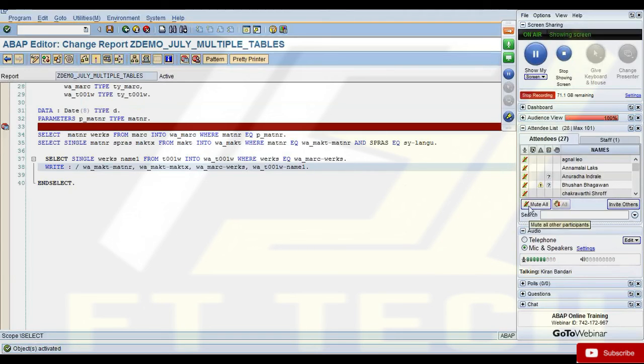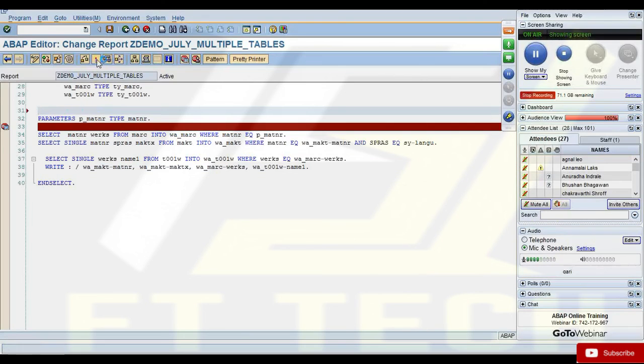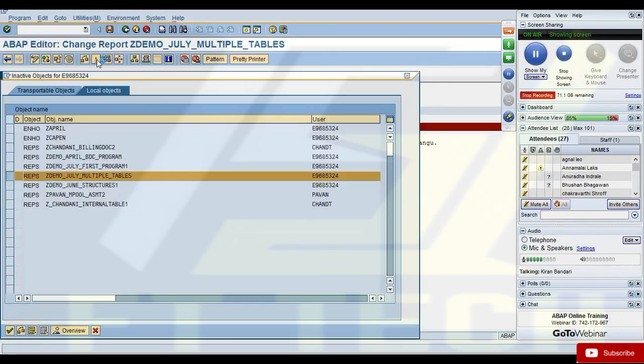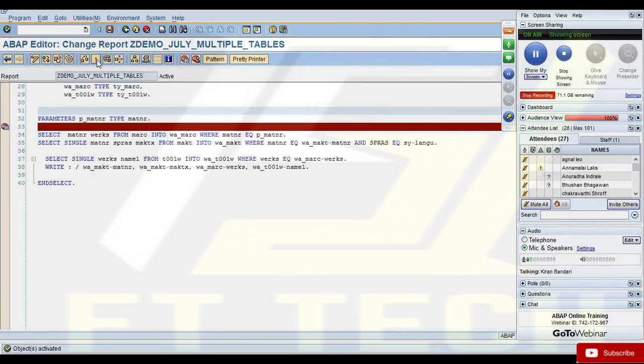Everyone, please practice this. If you can't work on the billing document assignment, at least repeat this code. That makes a lot of difference. Just looking at the screen, understanding what I'm typing, and typing it yourself makes a big difference. If you haven't tried the assignment I gave you last week, at least repeat this code. Try to understand every single line, so that you feel more comfortable when I discuss internal tables tomorrow. Otherwise, you may struggle a bit.